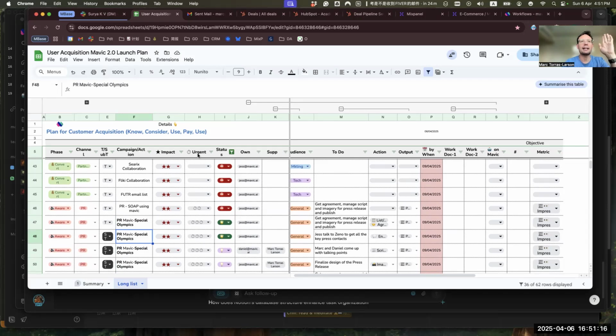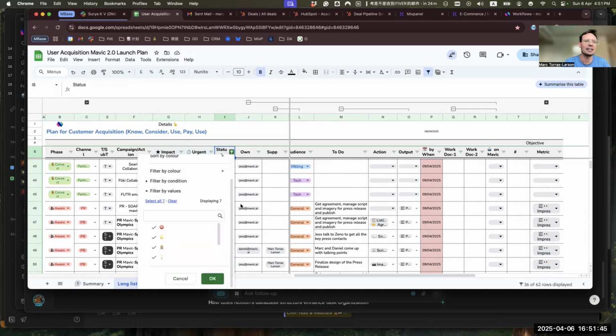Impact, urgency, and status. This is only going to be touched by Justin and Mark. Basically saying, is this high impact? Impact means revenue, business outcomes. Urgency is timeline. There are some things that are urgent. What we mentioned is the Special Olympics are urgent because the event was three weeks ago, and if we do this three months later, it's just not going to count. And then status. This looks a little bit complicated.